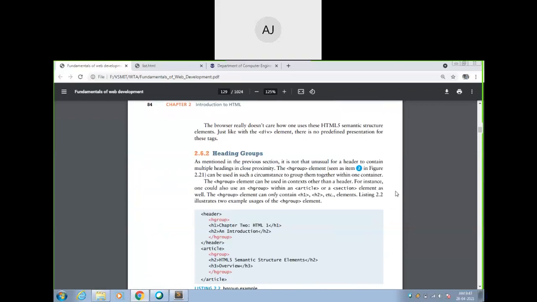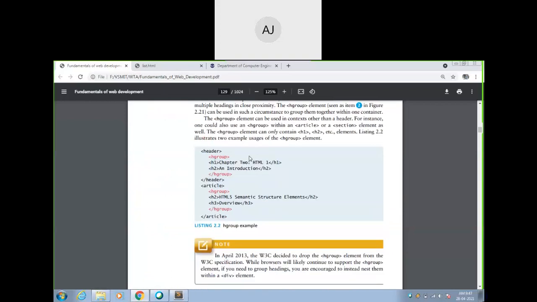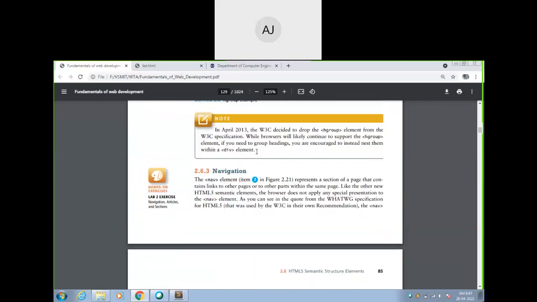Next one. Here, heading groups. You can use your hgroup when you have multiple images and multiple text. That's done. Then the next one, navigation. One important thing, they have developed this with some technique. There is one group, WHATWG, the Web Hypertext Application Technology Working Group, and they have developed this nav.